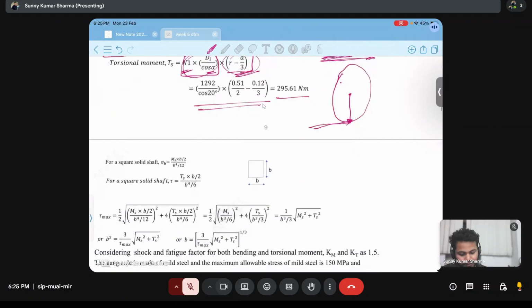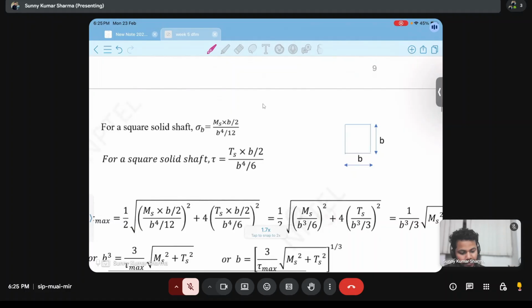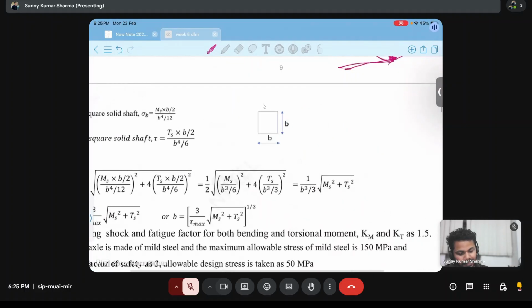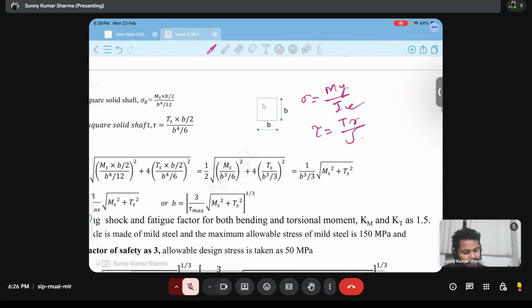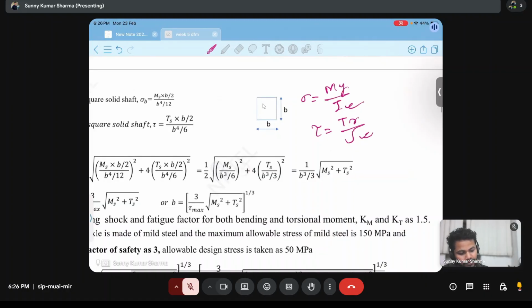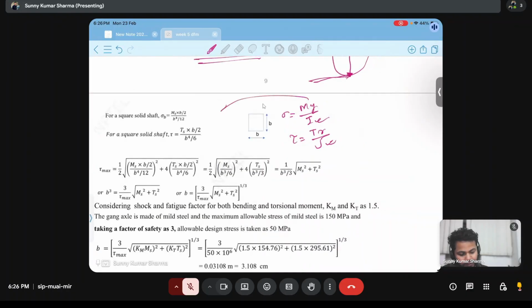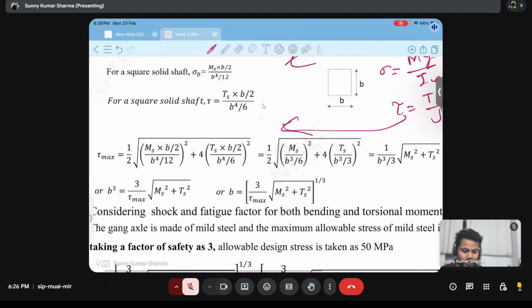Now, we will take the shaft as a solid square shaft, and for that we have discussed that bending stress formula is My by I, and torsion stress is given by Tr by J, where I is the area moment of inertia, and J is the polar moment of inertia. So by putting all those values which we have discussed too many times, we will put all those values here,